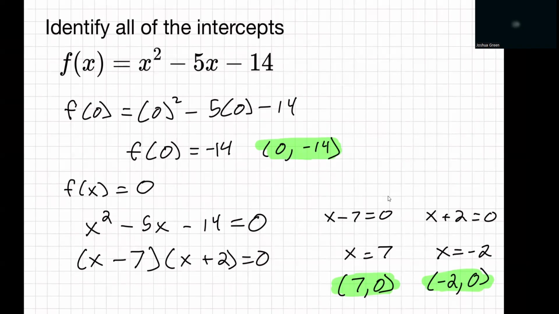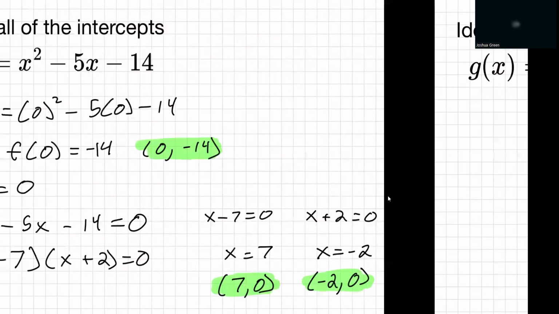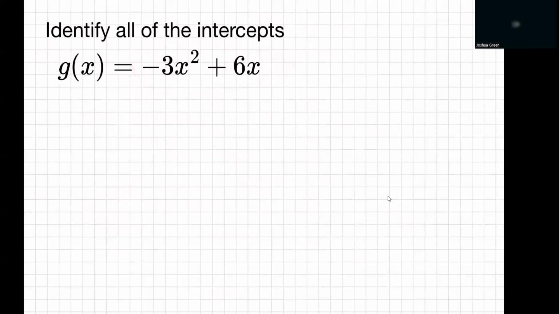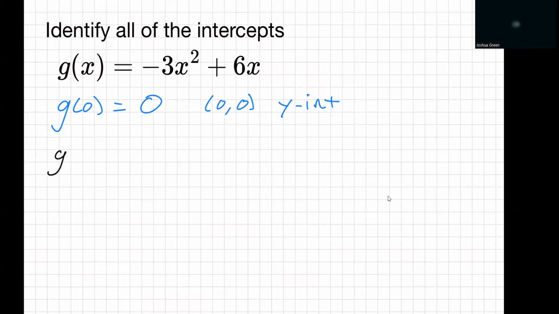Now that's one perspective of factoring that we usually do whenever we have what we call a trinomial, with three terms. The next problem I had set up is what happens when we have two terms. Well, hopefully you see here, we can start by finding the y-intercept, but when I plug that in, I don't have a constant term. So my y-intercept here is just going to be 0. All right, so (0, 0) is going to be my y-intercept. So moving forward into our x-intercepts then,